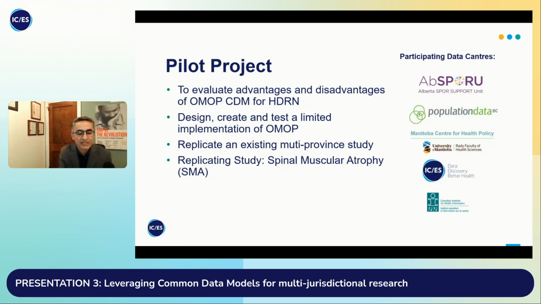In order to evaluate advantages and disadvantages of OMOP CDM for HDRN, Health Data Research Network Canada, we decided to design and create a very limited implementation of OMOP. As you see on the right, these are the organizations or data centers participating in this exercise: Alberta Health Services, Alberta Sport Unit, Population Data BC, Manitoba Centre for Health Policy, ICES, and CIHI are participating in